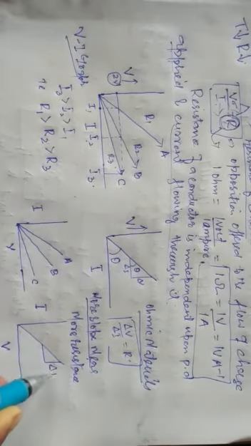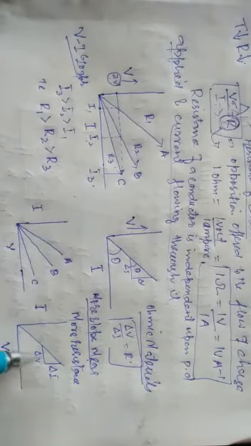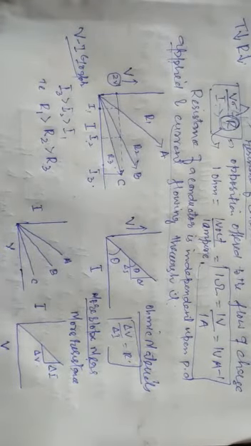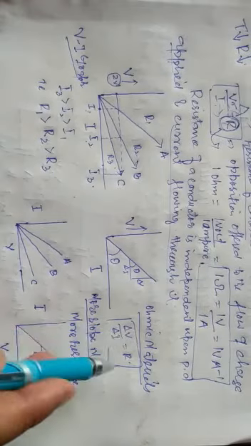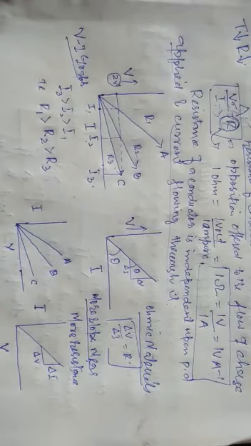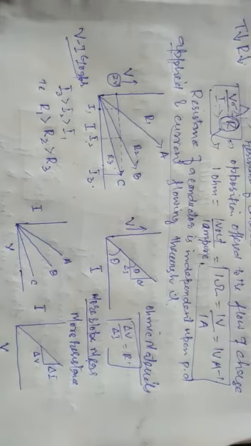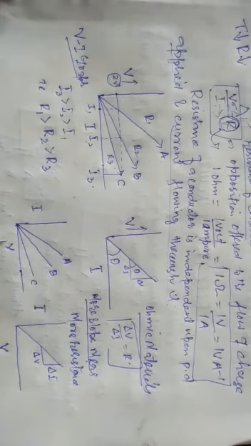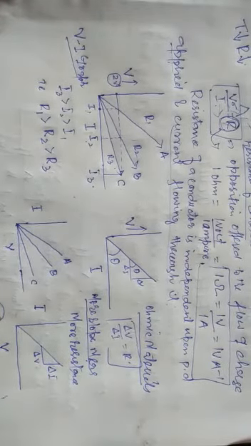It is delta I, it is delta V. Now if I take the slope here, perpendicular over base, the slope here is always delta I by delta V. But delta I by delta V is 1 by R, because V by I is R. Delta I by delta V is 1 by R, the reciprocal of resistance, and that is called conductance. So now you have to see, in the IV graph, more slope means more conductance.